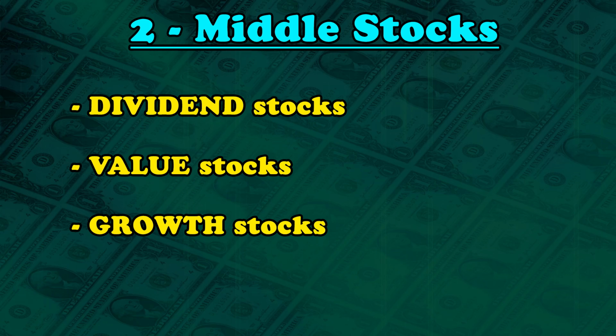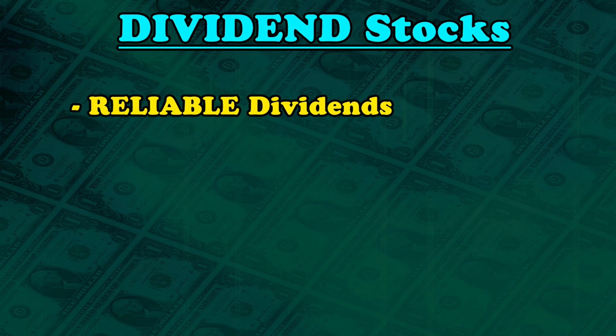Now, you might be lucky enough to find stocks that kind of meet all three subgroup criteria, and even your foundational stocks might also spill over into any of these as well. And of course, that's totally fine. In fact, that would actually be ideal. But just to better visualize what we're looking for here, I'm going to explain each of these and give you some examples. So, starting with dividend stocks, first and foremost, you want them to pay reliable dividends,